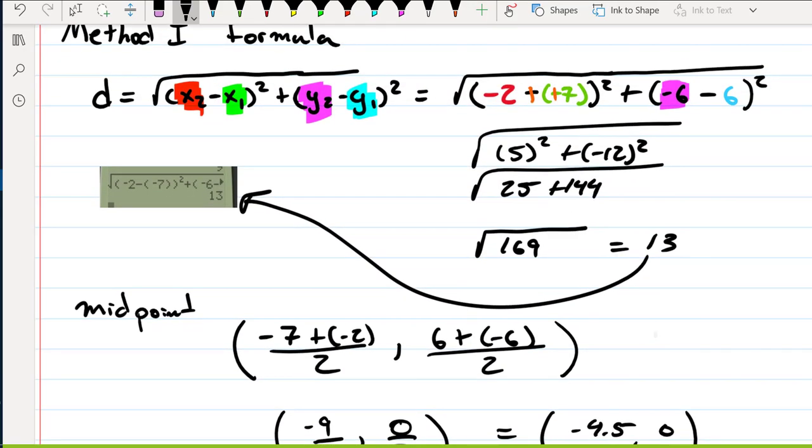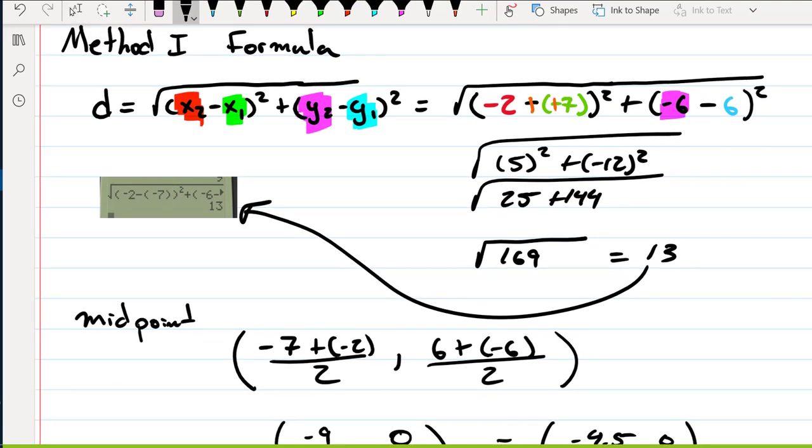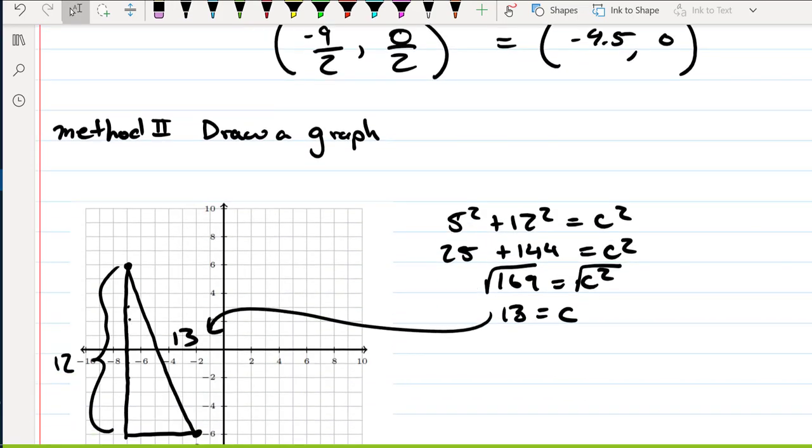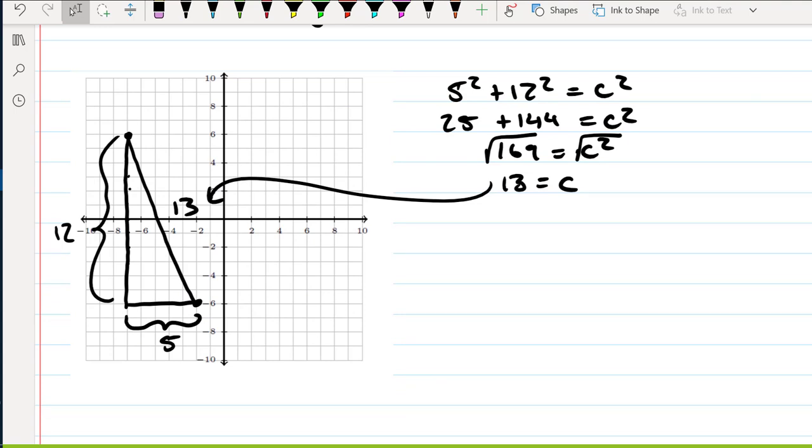And we'll notice if we come up and look at our formula, we actually ended up with this same thing up to a sign. 5 squared plus 12 squared, which is 25 plus 144, gave us 169, and we got 13. And notice, did I even have to use the distance formula? No. I was able to just solve this by using the Pythagorean Theorem, because we knew where the distance formula